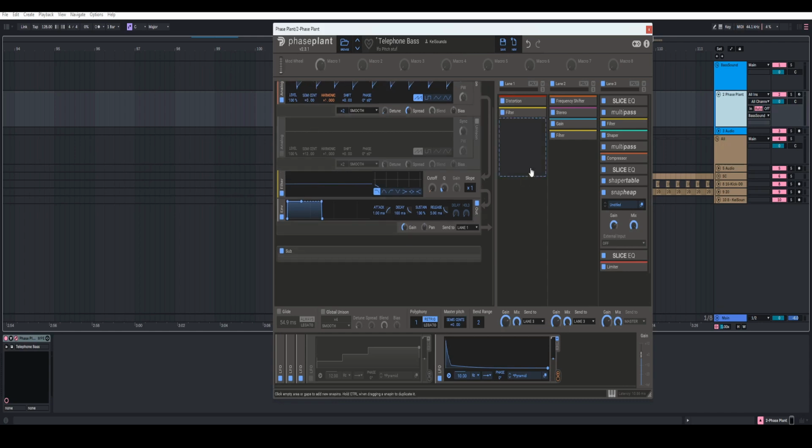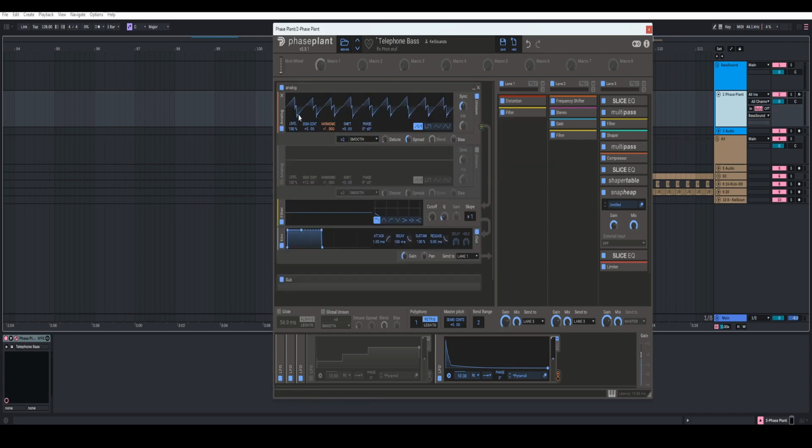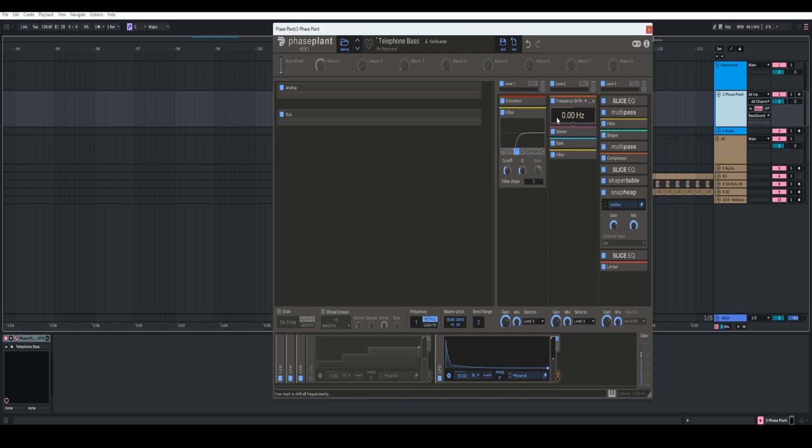generator and the sub. Our first analog group is going through lane 1, which just has a lot of distortion on it, which is fold back distortion, and then it has a high pass filter on it, cutting the bass frequencies. And our sub here has a little bit of a downwards pitch shift on it with this